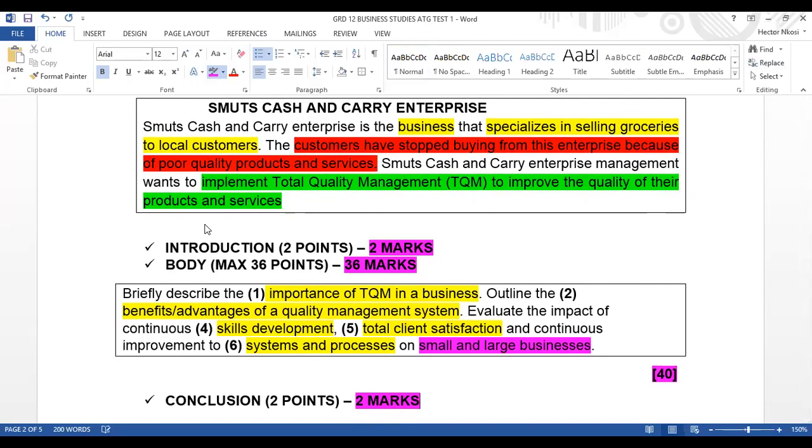Please, grade 12s, make sure that you understand this. When you score marks in an essay, you've already passed your business studies paper, right? So you must score the marks on essay. You must know your essays A up to Z, right? And remember now, boys and girls, knowing your essays doesn't mean that you have to cram them. You do not have to cram them. But knowing your essays is for you to make sure that what you're doing thus far is making so much sense. So this is how you answer an essay type question.